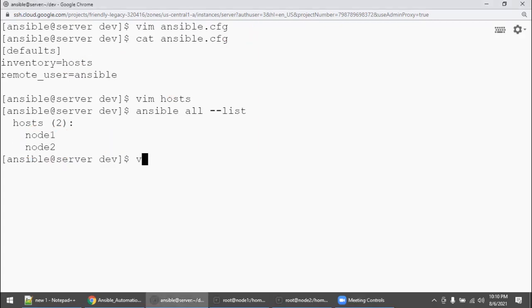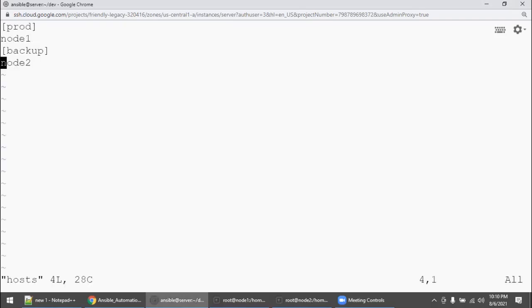Let's go inside. I'm going to do a trick. Say vim host. I'm going to put, before the group, right, the same machine name, node 2, even node 1 again, right? I'm going to save it.